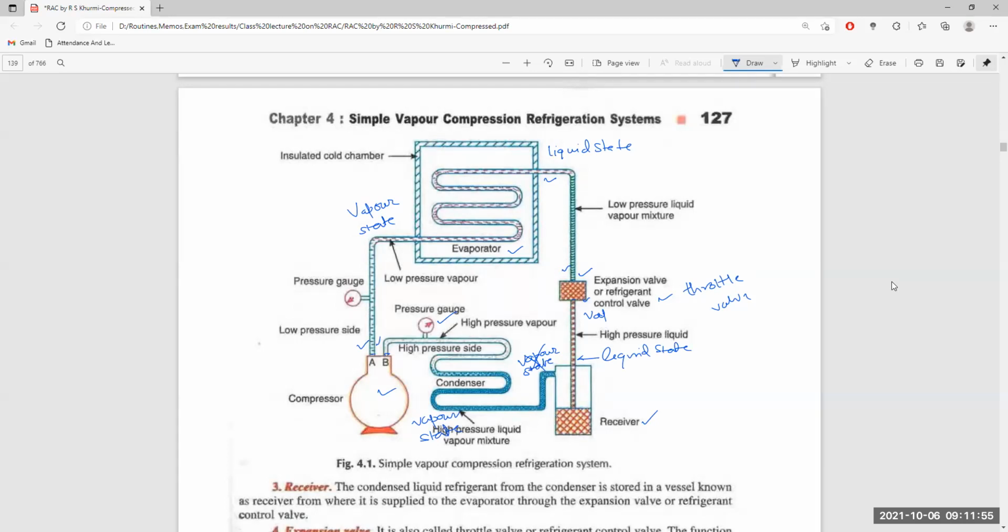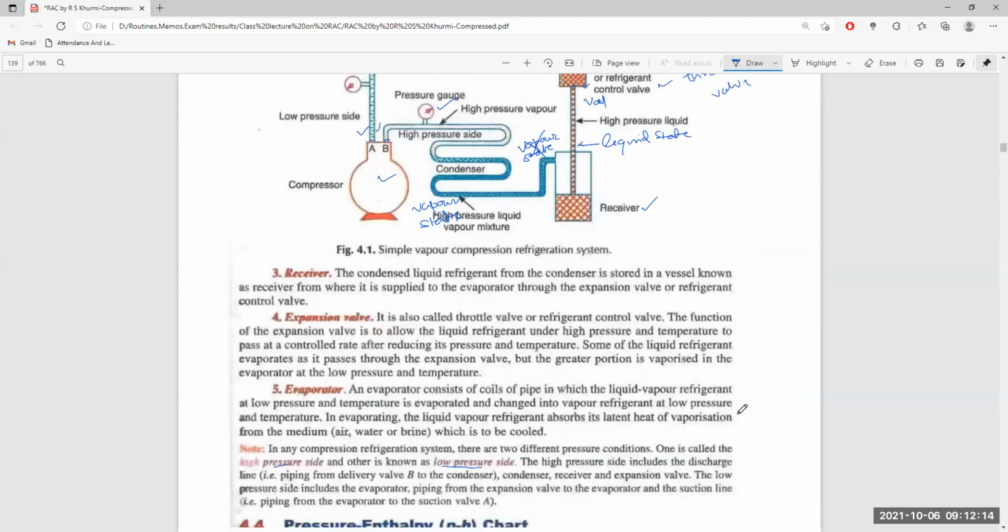You are supposed to understand this to make the particular design of the refrigerator or air conditioning system itself. So you have to decide as per your requirement what will be the maximum pressure and what will be the minimum pressure. That I will come to after a few minutes of the class. Now, this thing is clear to you.